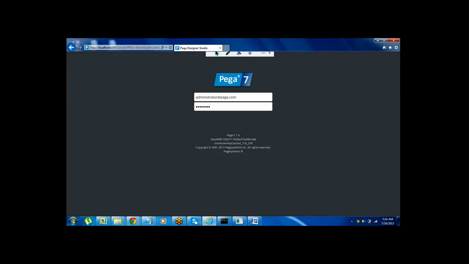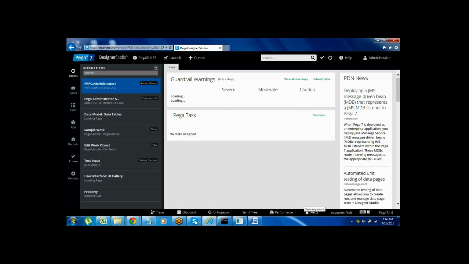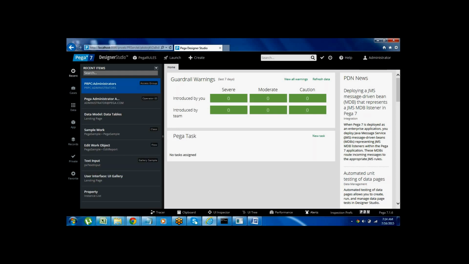Everything is available within this tool, guys. No need to install any other tool separately. Once you install the Pega software, we can design everything within the tool itself. Even the database is internally available in the tool. Even report generation, testing, everything. Once the Pega software is installed, no need to install anything else. All the design and everything will be done in the tool itself.